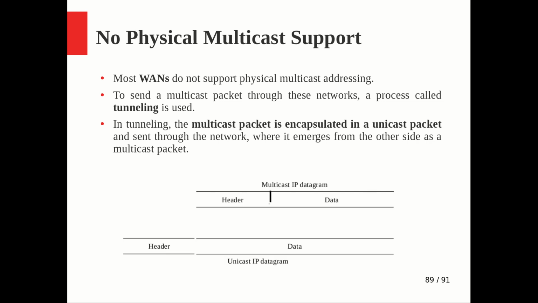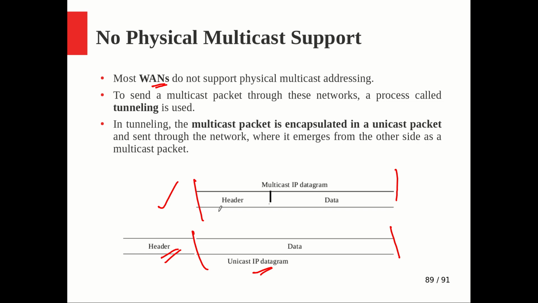So here we have a multicast packet. It is to be delivered to many, but it is in the wide area network only. Local area, we are handling in a different way. What we will do is encapsulate the multicast IP datagram as a whole, with the header and data together, inside a unicast IP datagram, and its header will be added. And now in this header there will be some unicast address. It would go for more discussion if you want to understand it in detail, so for the time being you can understand it like this.